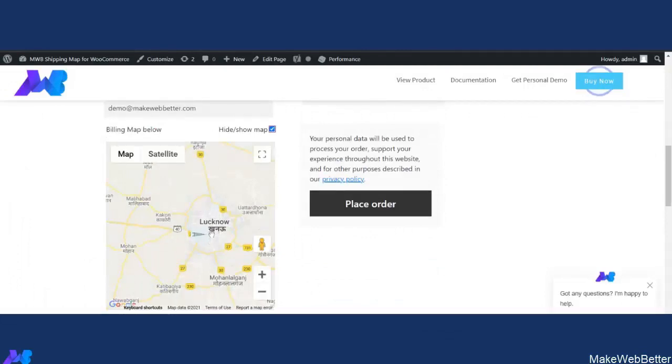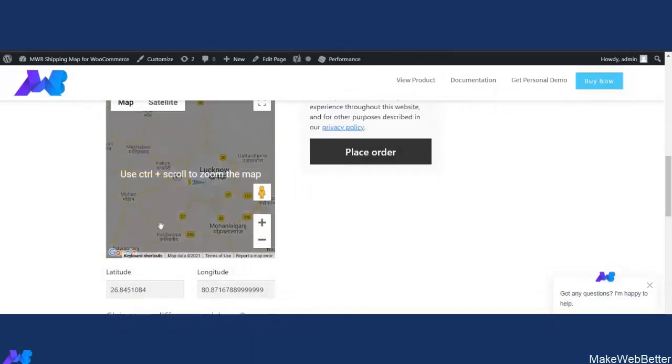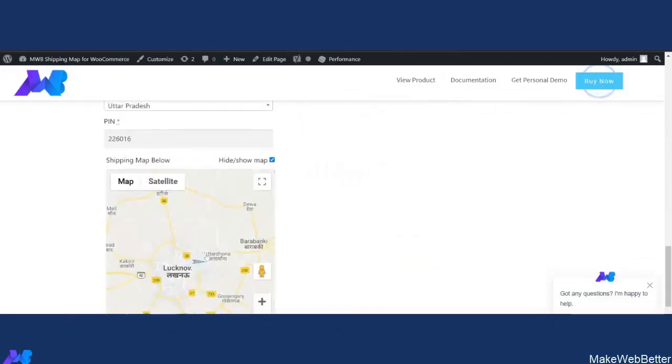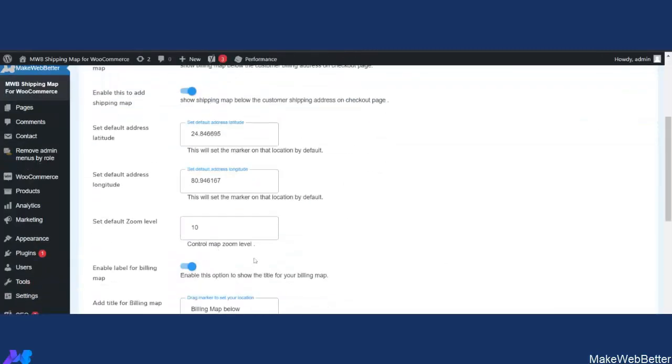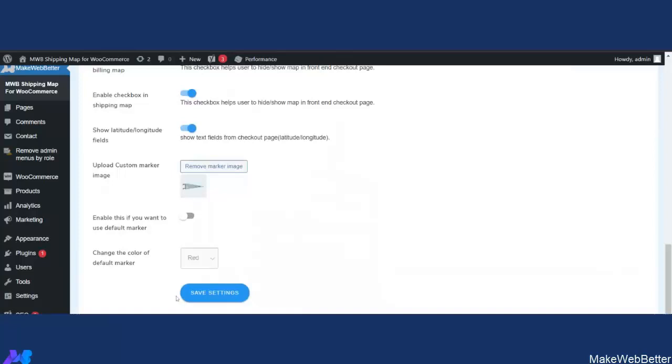As you can see, the custom marker image that we have selected is coming here for the billing map, and it will come for the shipping map also. So this is how the admin or the WooCommerce merchant can decide the marker image as per his business requirements.